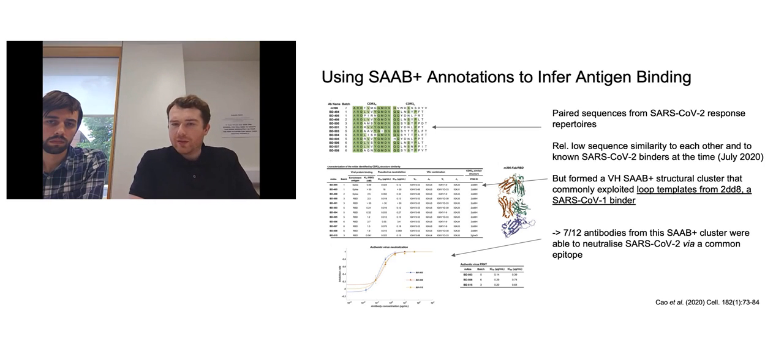But under the structural annotation approach, the heavy chains actually formed a structural cluster. And so not only do we observe that they all converge on similar cluster structures, even though they're not sequence